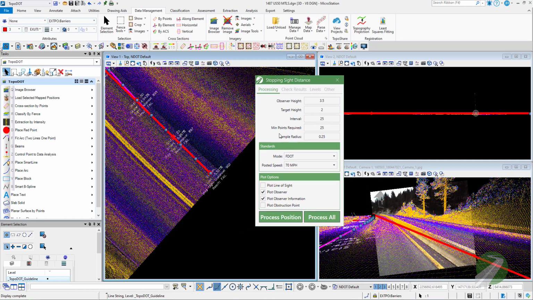So as we can see, it's stepping through every 25 feet, and then it's positioning the observer point at 3.5 foot offset from ground, and then a 2 foot offset from ground for the target. The minimum required points is going to be the minimum amount of points required in the sample in order to consider the sample an obstruction. So if your data is a lot noisier, you might want to increase that value, but generally you want to keep that value low enough for it to consider big obstruction objects like barriers or ground, and ignore stuff like